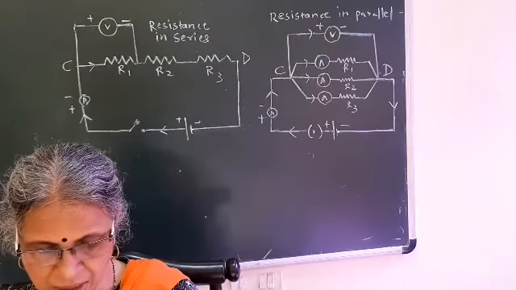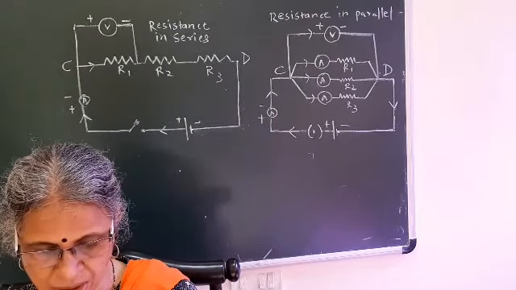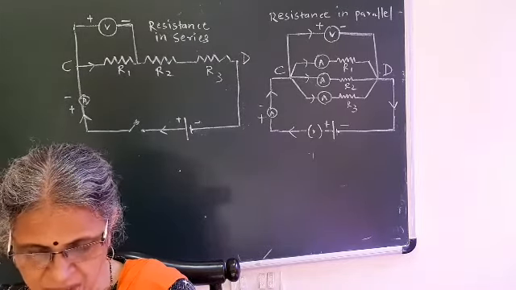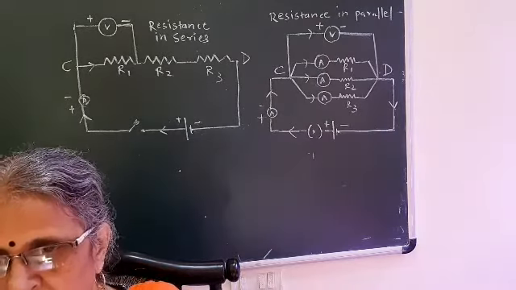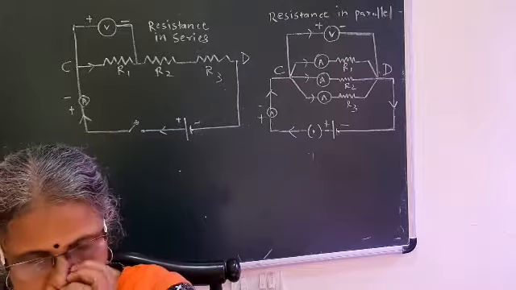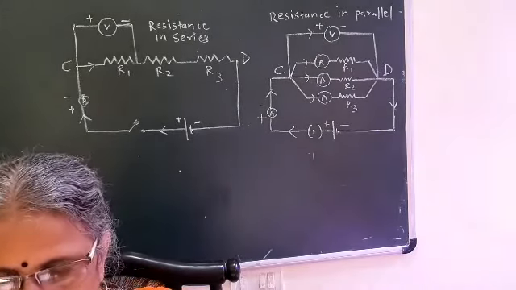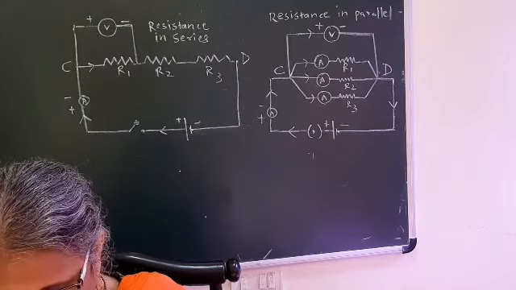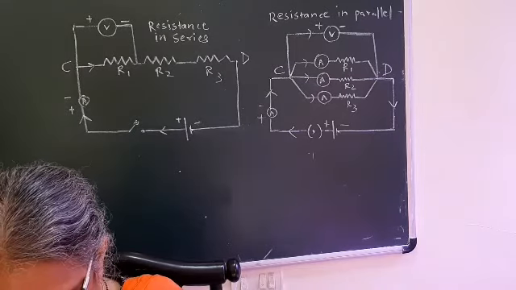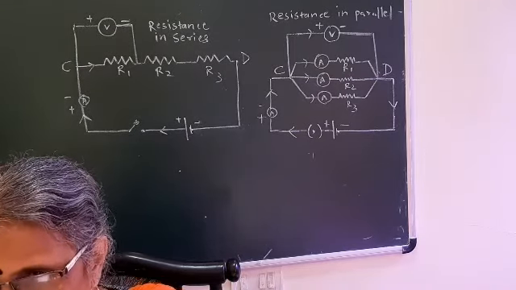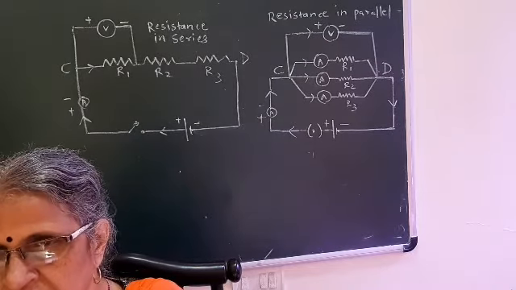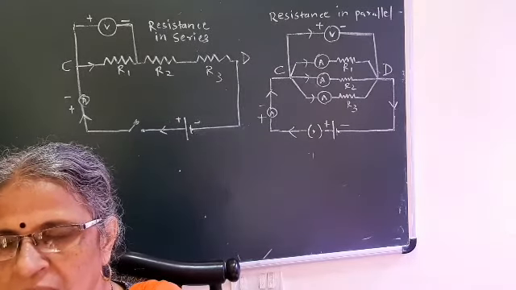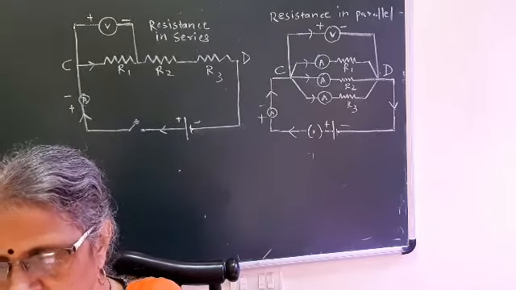In several electric devices, a number of resistors are connected together in different ways. Ohm's law is applicable to all such connected resistors. Yesterday we saw Ohm's law, that is V upon I equal to R, that is, potential difference upon current is equal to resistance R in ohm. That ratio always remains constant. Now we are going to see what the effective or resultant resistance is when the resistors are connected in series, and after that when they are connected in parallel.